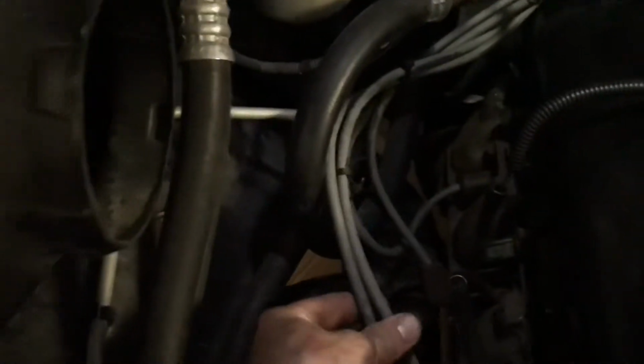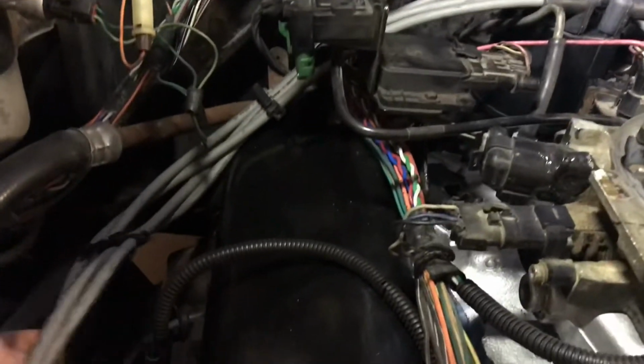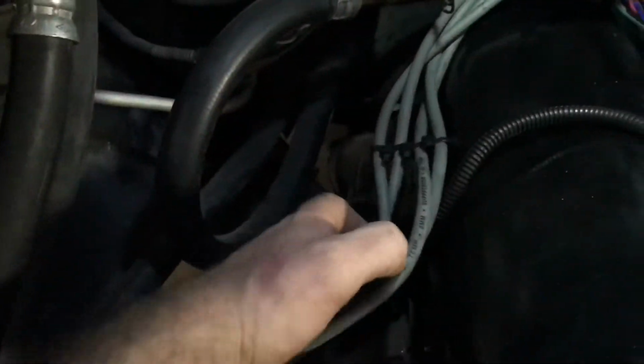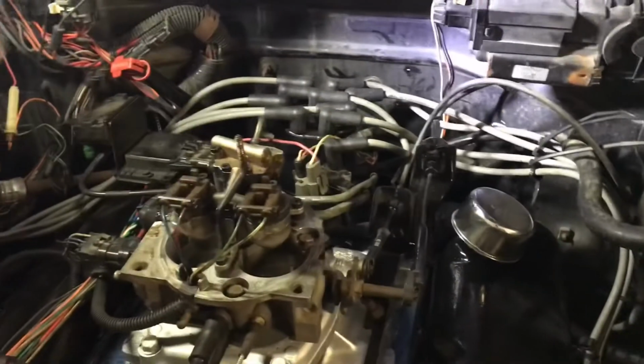Got the plug wires ran. They're not secured the best right now. I'm gonna have to find another way to secure them, make them look nice. But see how far off they hang. That's why I feel like I always get a generic set that's for all these different makes and models. But they're ran, so